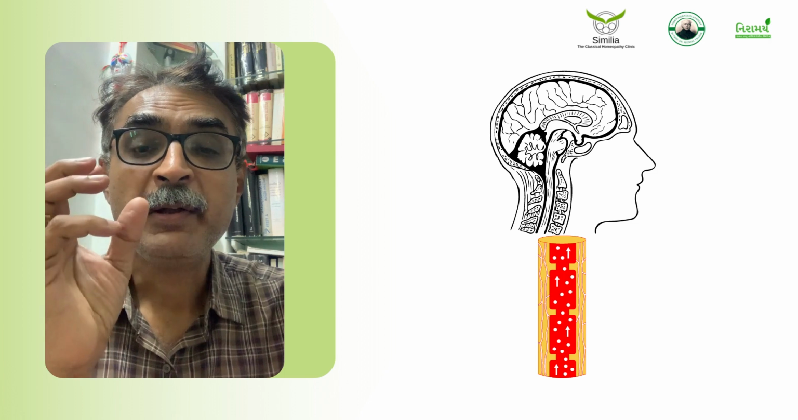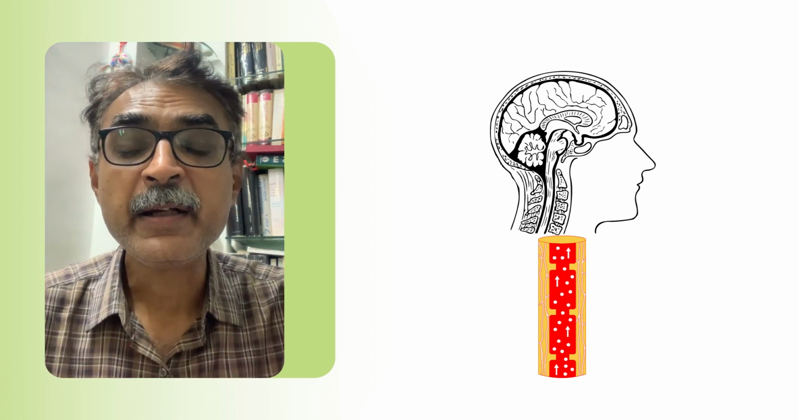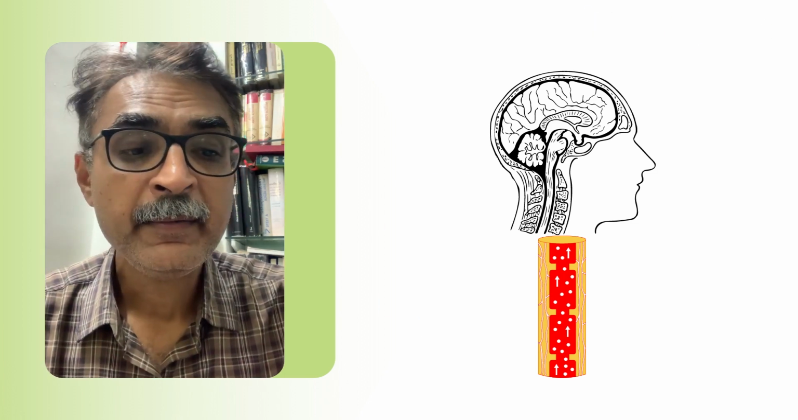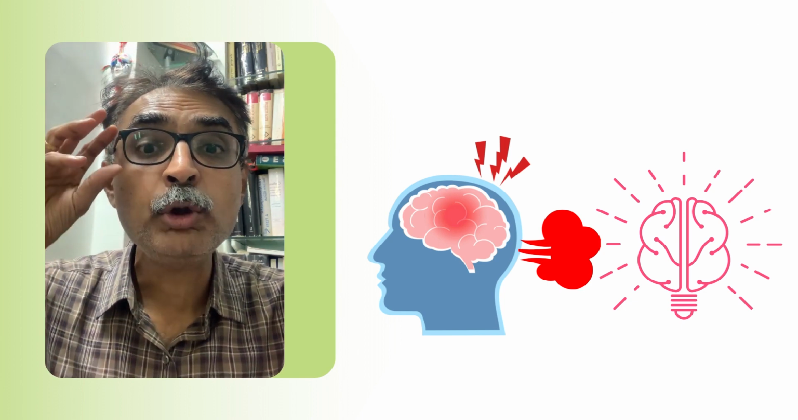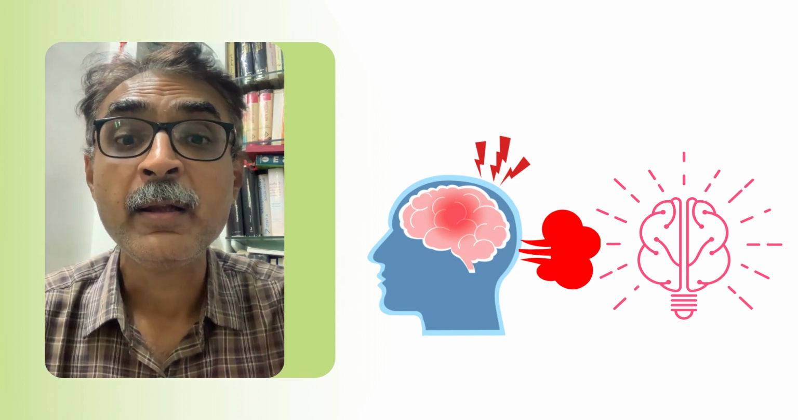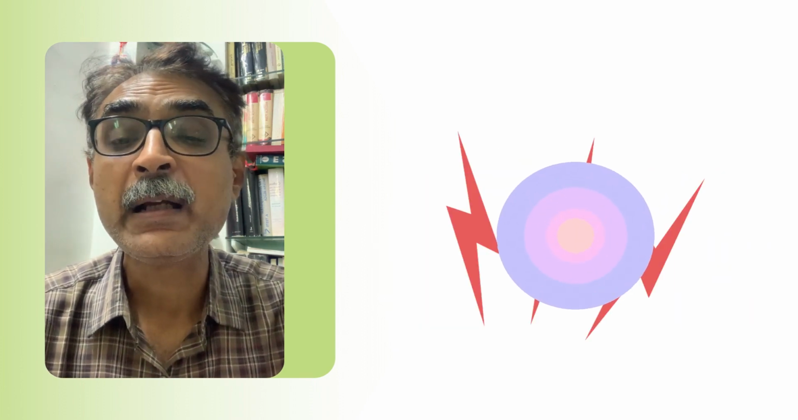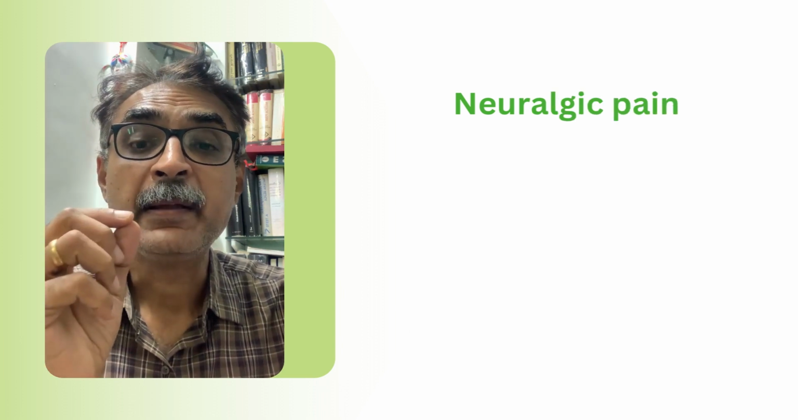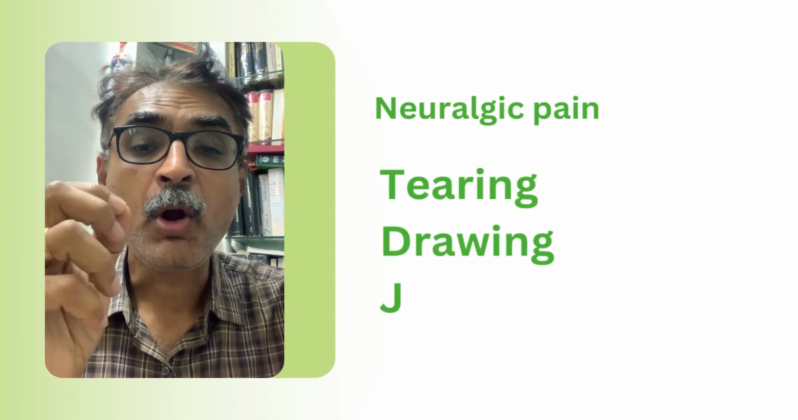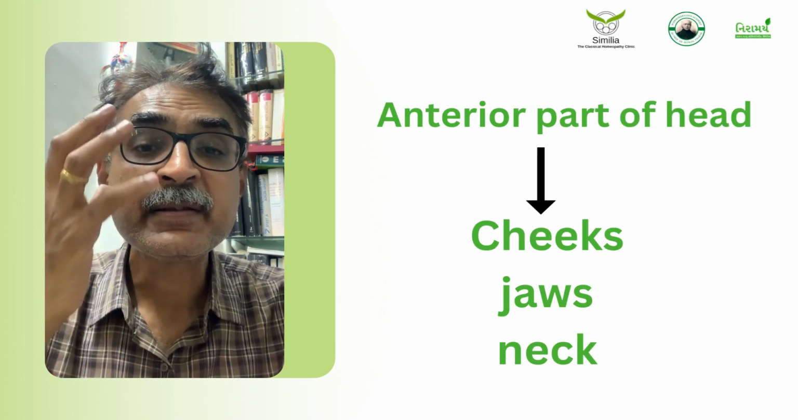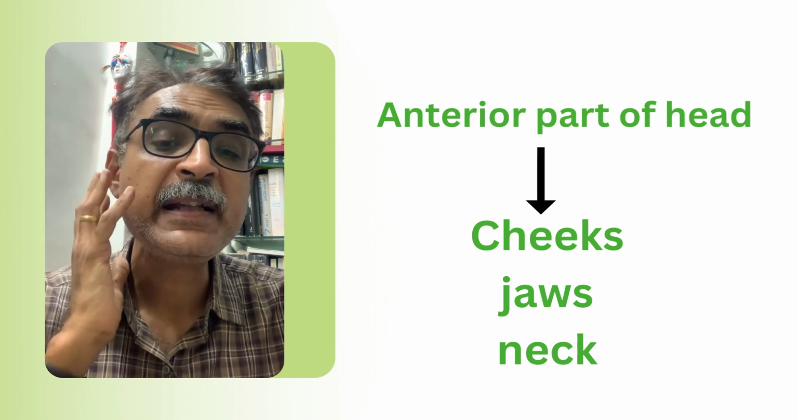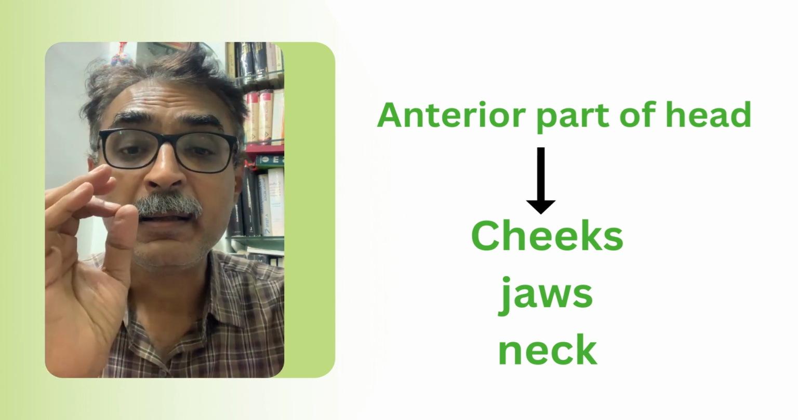So when we talk of vascular headache, it means there is blood that is gushing into the head, and the textbooks write as if the brain is going to be forced out of the forehead. There is throbbing and pulsating kind of pain. And the other kind of pain that we see is neuralgic pain. It is a tearing, drawing, jerking pain from the anterior part of the head, and it extends into the cheeks, the jaws, the teeth, into the neck. And books write